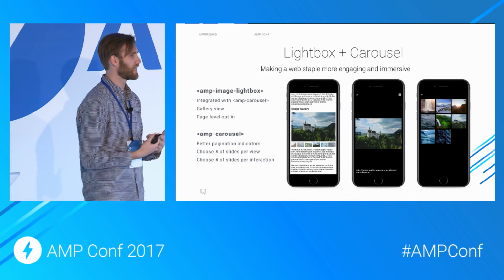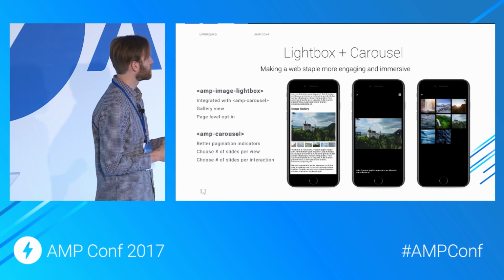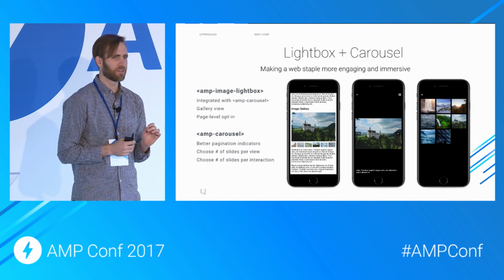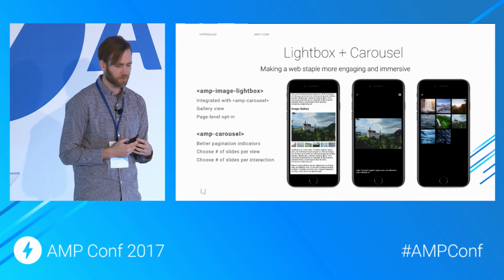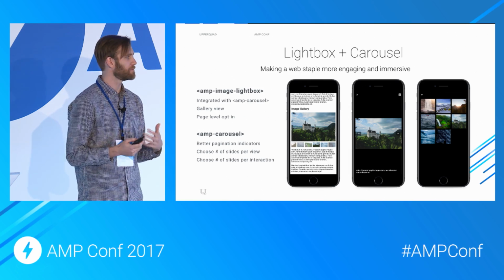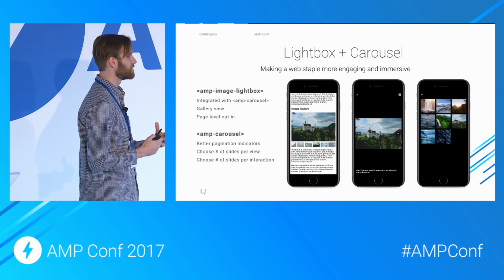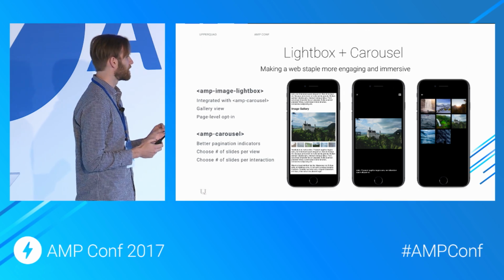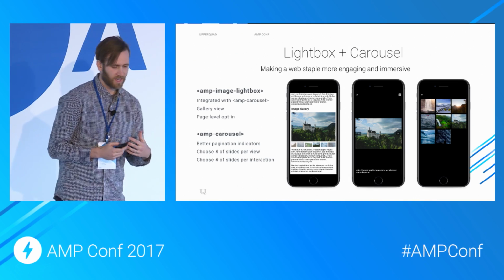In contrast to this sort of more general interaction framework, you're probably already familiar with the way that components enable specific use cases in AMP. Some early examples of this in AMP are the Lightbox and Carousel. These, of course, are web staples. They're important to getting engaging imagery on the web. We launched them fairly early, but we got feedback that while these were great, they were essential even for static pages, they didn't offer everything that people needed to really get the experience they wanted.